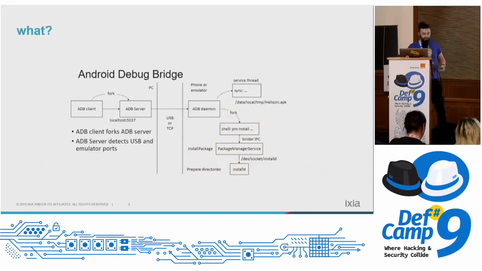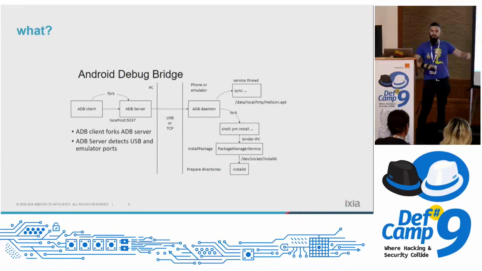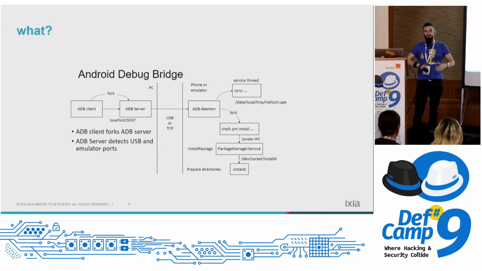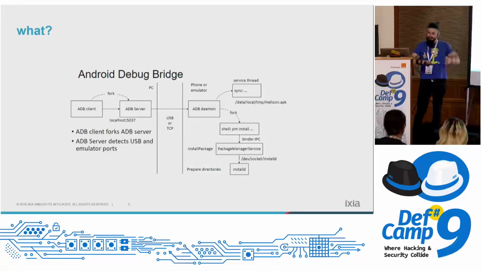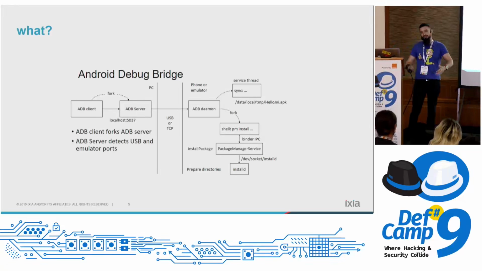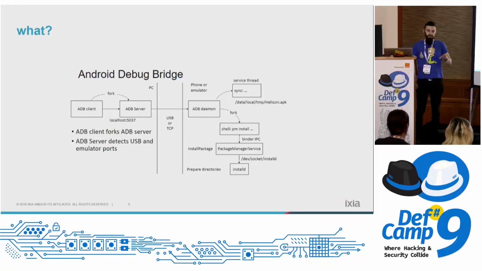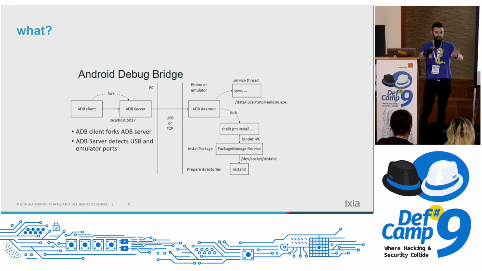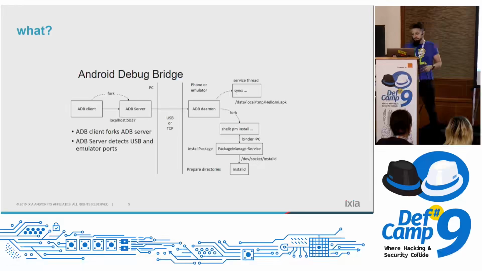So let's get to the matter at hand. What's an Android Debug Bridge? Android Debug Bridge is a protocol that Google uses to help developers debug their own code. Initially, you had to insert the USB cable in your phone in order to get access to them, like full root access to your phone if you have it rooted. If not, we'll get into that later. But recently, they started exposing it over the internet, and some people, maybe from the factory or I don't know, kind of forgot to turn it off. So